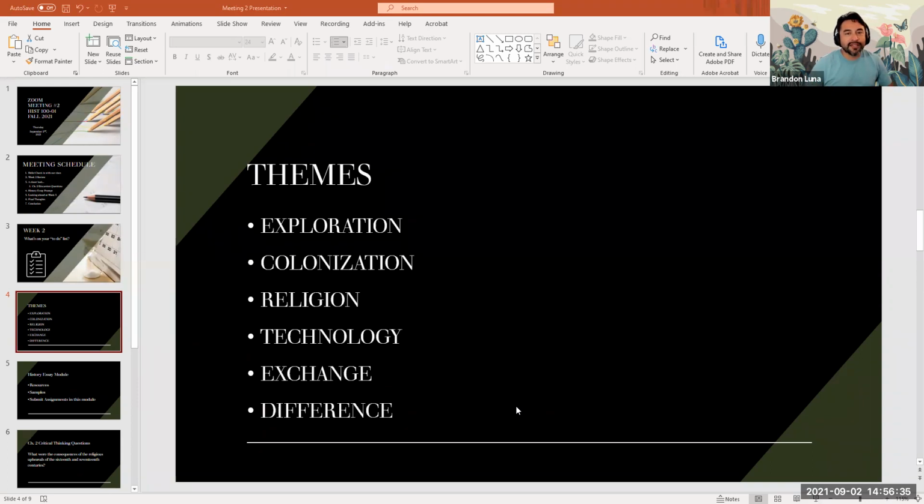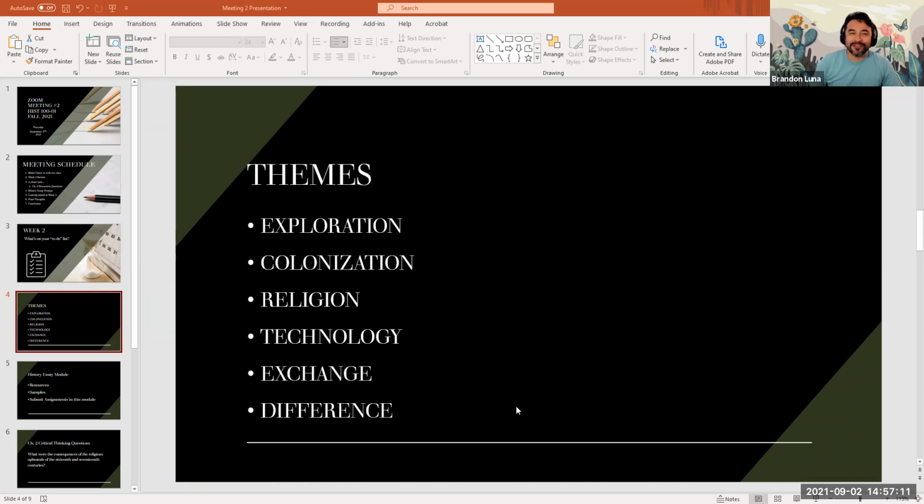So if you've used Padlet at all, has anybody used Padlet in any of your other classes? It's kind of like a post-it note board. I used it in Spanish. Is it the one where you can upload a picture or an audio? Yeah, I've used it. Yeah, it's like a big board where you can post notes and images, videos, links, etc. We're gonna use a tool similar to that. I think it's a little more basic, and I'm hoping that it works out for us.